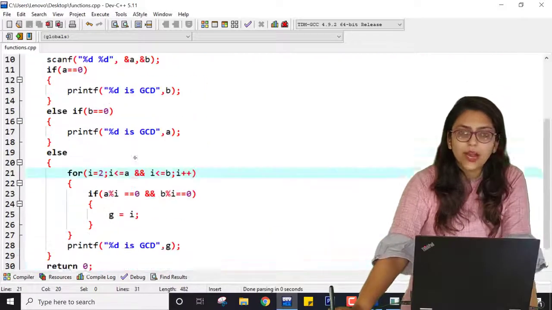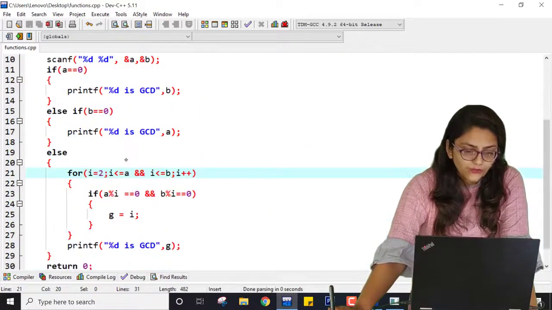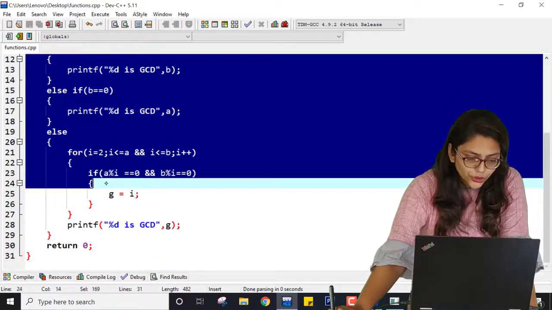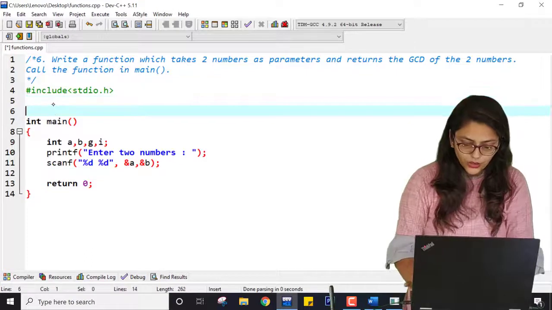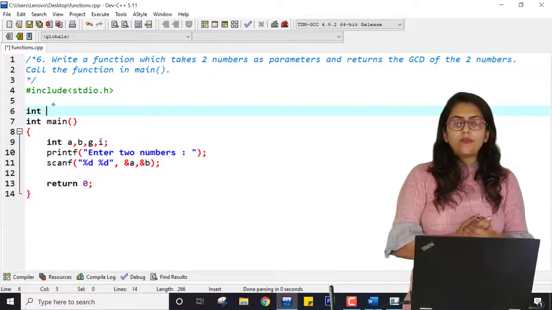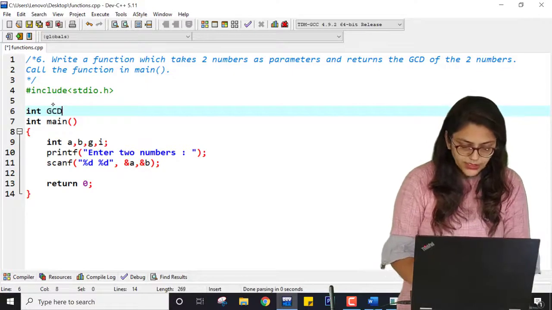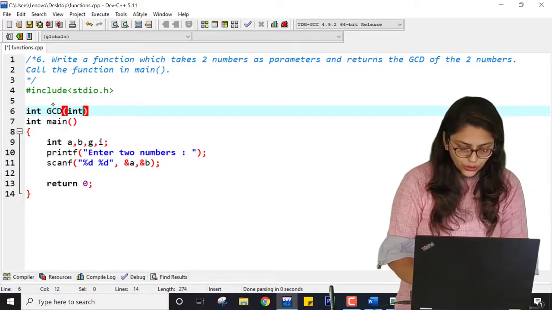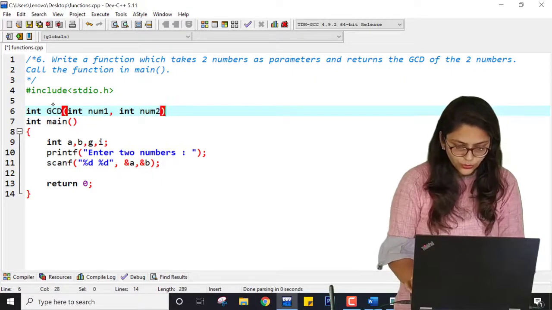So this is how you can find the GCD without using any function. If you want to use a function, you have to copy this code and create a function. Now I want to return the GCD. So GCD is the function name, inside which I am passing two arguments, int num1 and int num2.